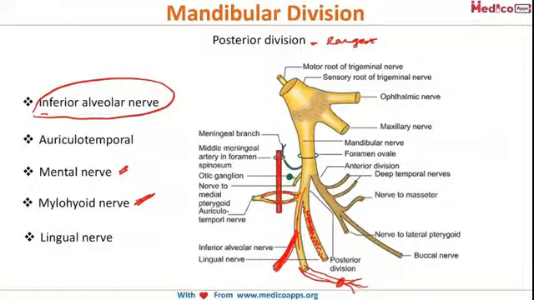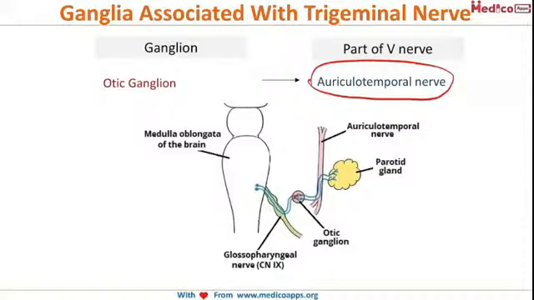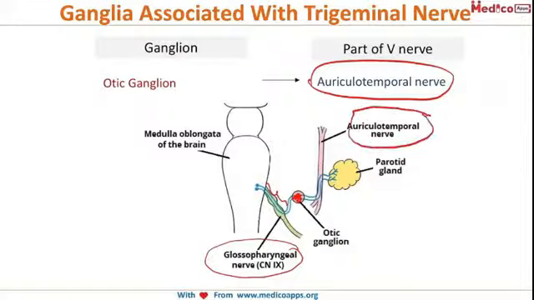So this was about the mandibular division of the trigeminal nerve. Now, associated with the trigeminal nerve, we have a few ganglia. Let's look at them. They are 4 in number. So the first ganglion associated with the trigeminal nerve is the otic ganglion. Okay, so the otic ganglion is related to the auriculotemporal nerve, that is the part of the trigeminal nerve. Okay, so as you can see, this is the otic ganglion. It is receiving preganglionic fibers from the glossopharyngeal nerve, and the postganglionic fibers run along the auriculotemporal nerve and they